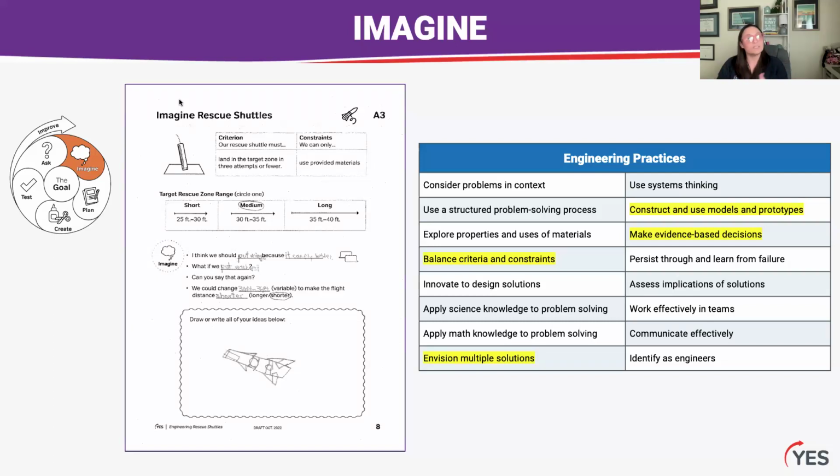Some children also just need more think time. They need a moment to process and think about what it might be. By having them do this imagine phase as an independent, quiet thinking activity, like put on your soft music and let them think, it also gives the teacher a chance for the students, when the students have drawn their model